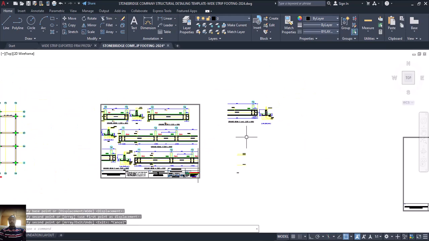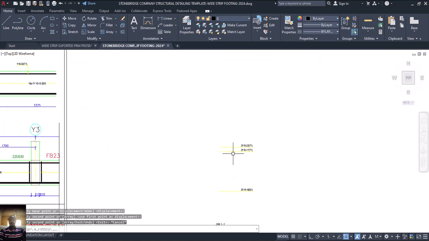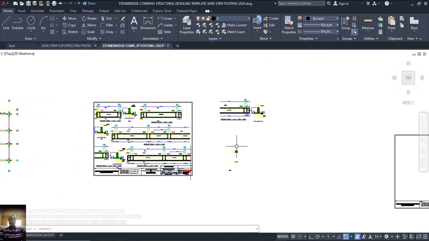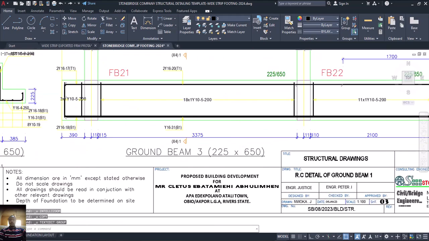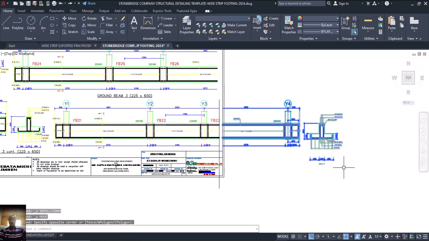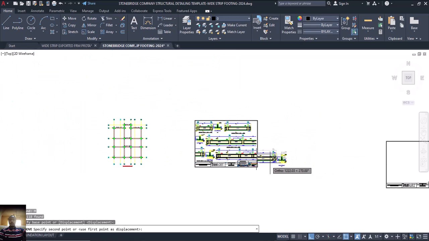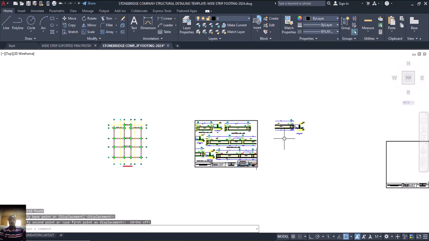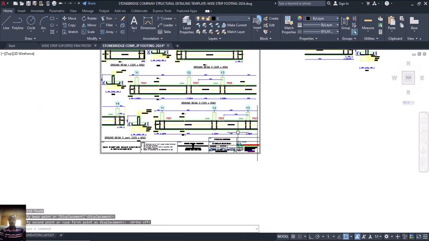Sorry, this one has been removed. Let me undo it. Undo, I did not copy properly. Undo, come back. Yes, perfect. So I will reselect it. Perfect. Then M, enter, then move it now. Okay, perfect, that's good. So now I will copy this one, click on this one, CP,